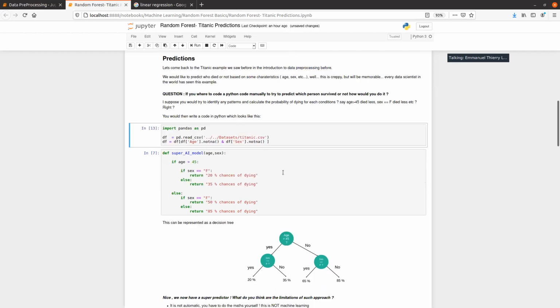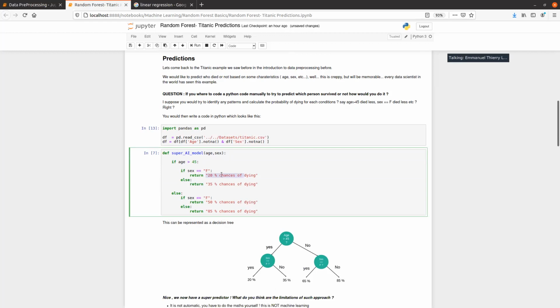Here I just demonstrated that I created a super AI model that takes as parameters age and sex. Let's say I calculated all the probabilities and found out that people over 45 of female sex had a 20% chance of dying. So my function just takes that as parameters and then returns the number.